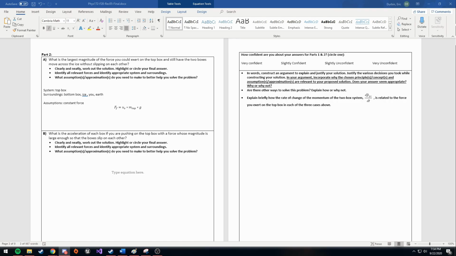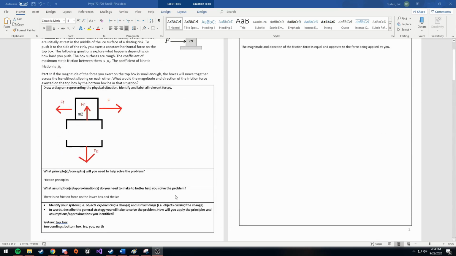I think I kind of get it. So like you're trying to slide them. So if that's true, then you would be experiencing the kinetic friction. The bottom box would be experiencing static friction from the top box while you were trying to slide it. I need to visualize it somehow. Okay, yeah, I think I kind of know what's going on. I think I get it now. Thank you, guys. Okay. Are you sure?